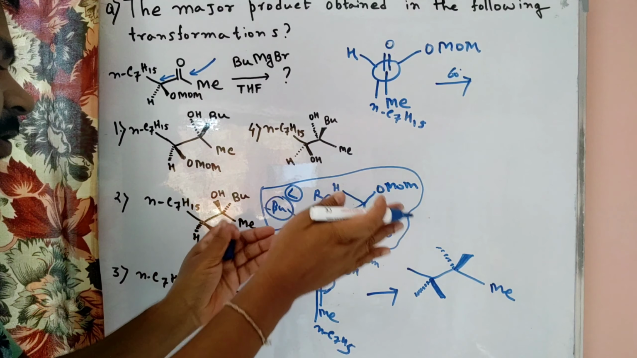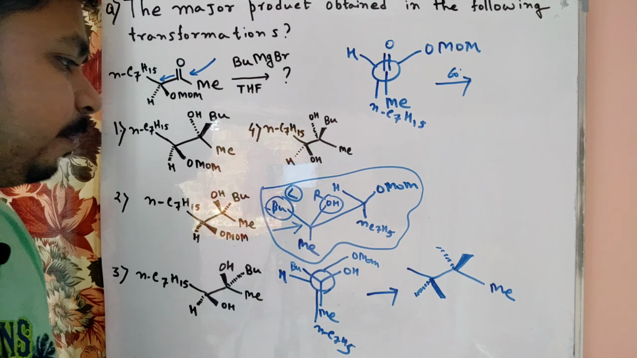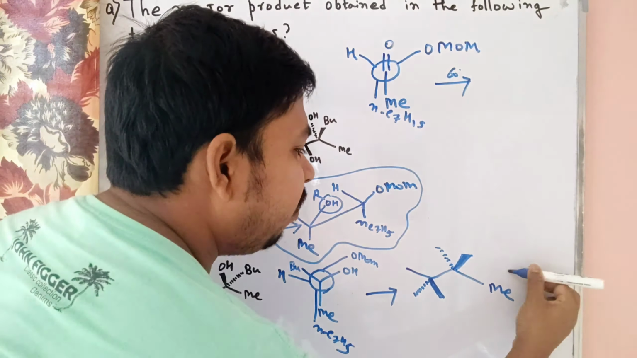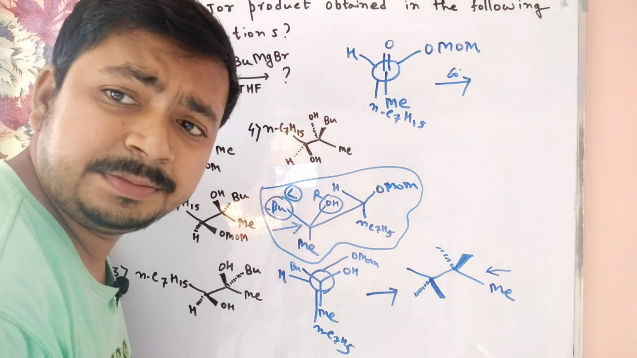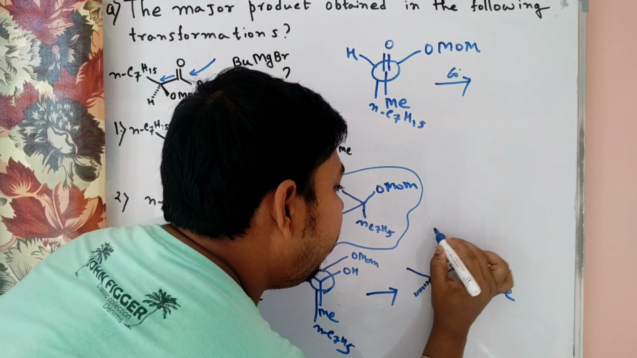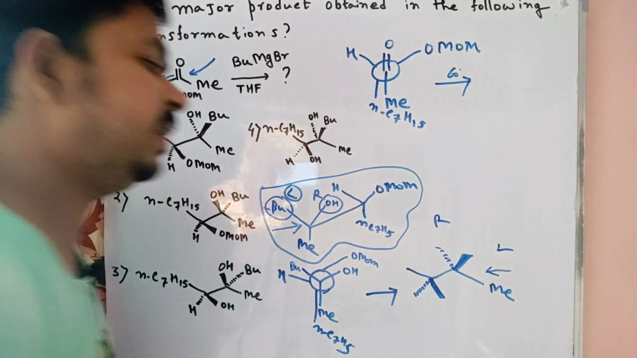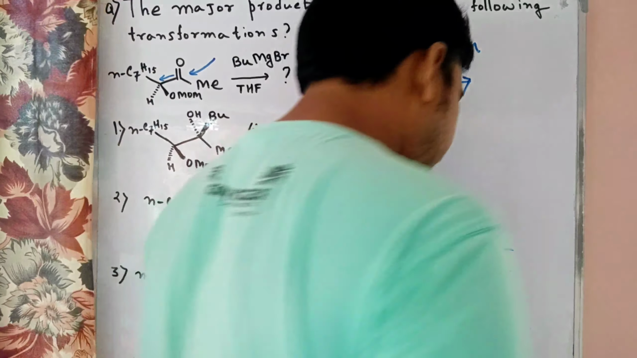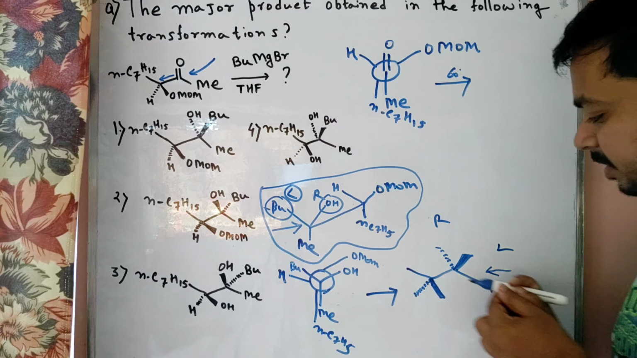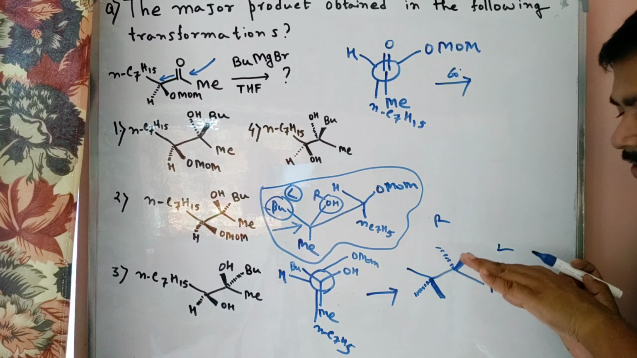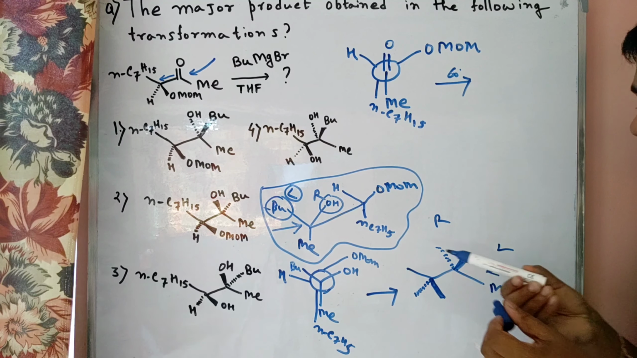So the right side is the OH group and butyl is our left side. If you see on that side, which one is our right side? This down bond is our right side, and this up bond is our left side. Why? Because now we present here and see on this side. So our up bond is our left side, and our down bond is